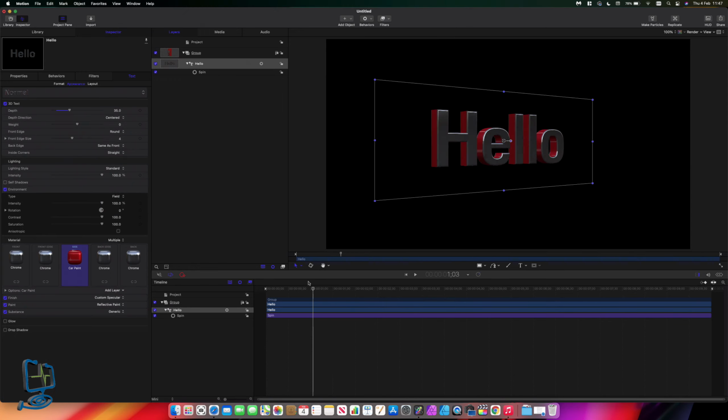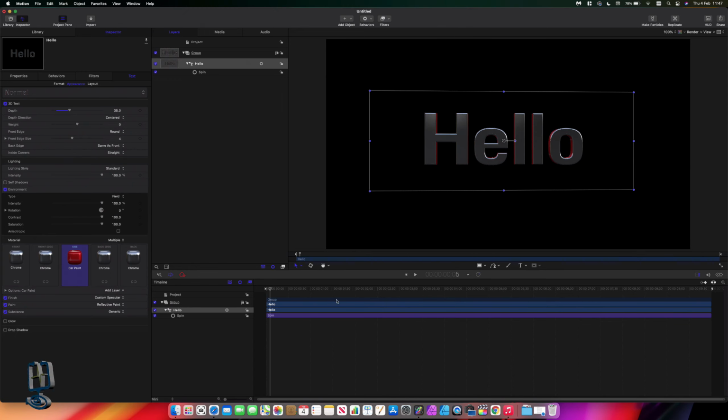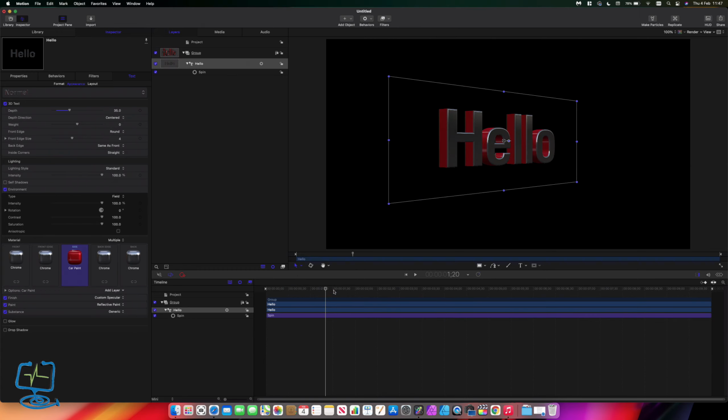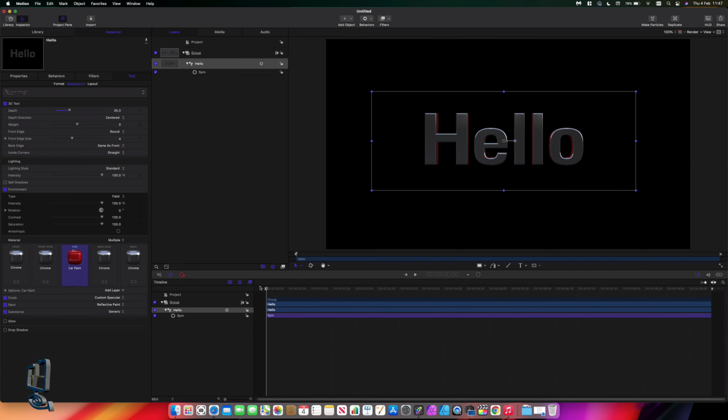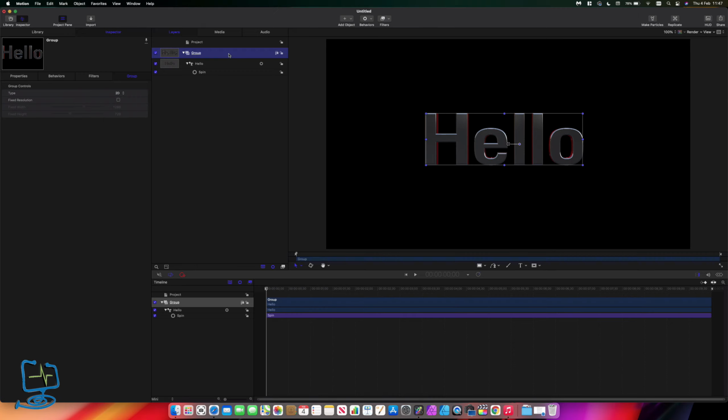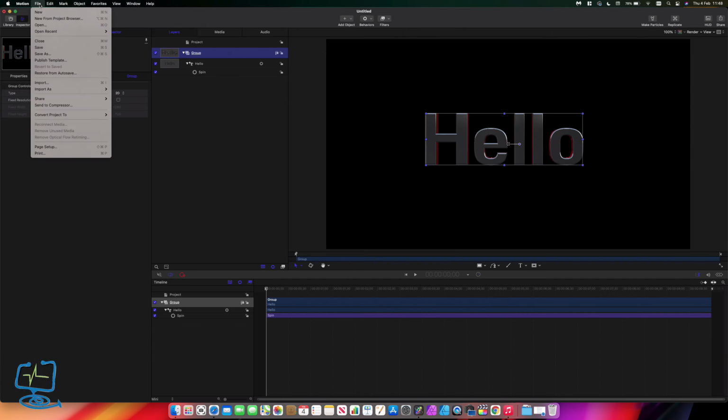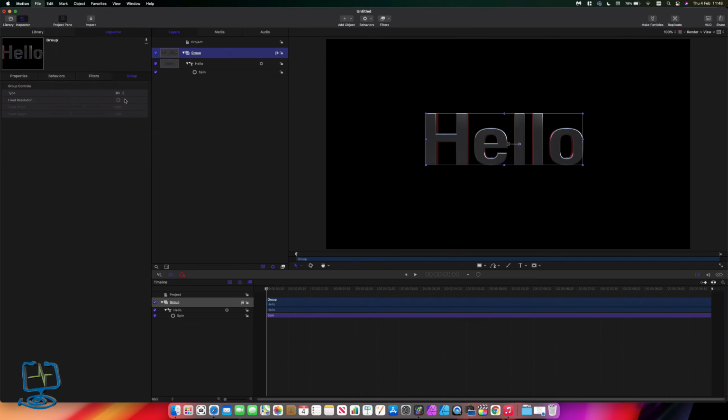But let's say we're happy with this now. We've got everything we need for our project, and we're happy with the way it looks. We need to now just send this into a transparent spinning wording. So that's really easy to do. Again, Apple Motion is sort of standard the way it exports the actual files, because it's exporting as an alpha channel. Then we can just export it. So what we need to do is just go to File, and we just go to Share, Export Movie,